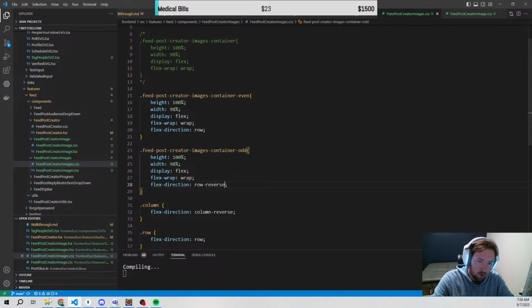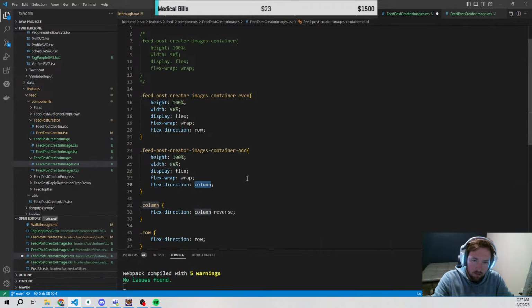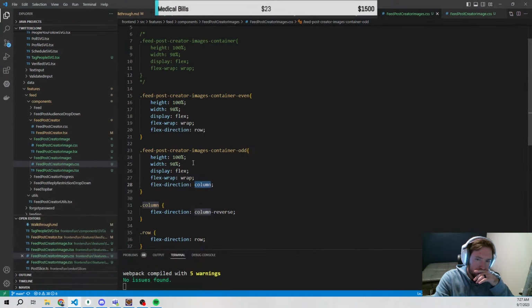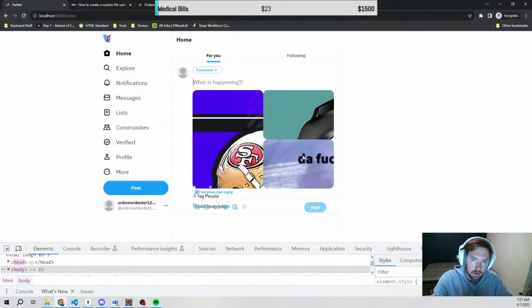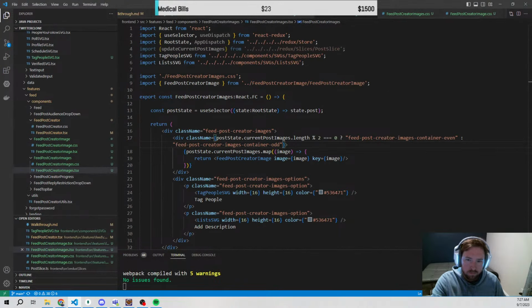I think the issue with row reverse, right, is that, yeah, it stacks them. We don't want to stack them. We want it to wrap reverse because we want the wrap on the right side. But we need to reorder the items basically to feed into this, I think. Which is an issue. Because just doing